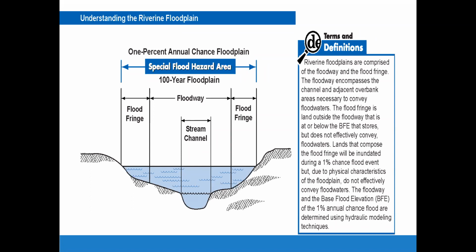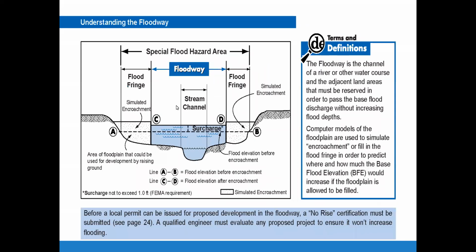Now, I've been talking about floodways, so let's look at a floodway here real quick. The floodway imagines that you wanted to build a house and you want to elevate it above the flood level. So you bring in some dirt and you make a pad of dirt and you build your house on top of that pad of dirt. Okay, that's legal to do. If we were to do that on both sides of the stream channel, the water in the center is going to get squeezed. And as we squeeze it, it rises.